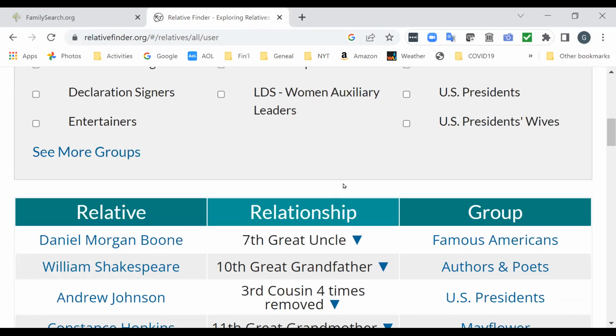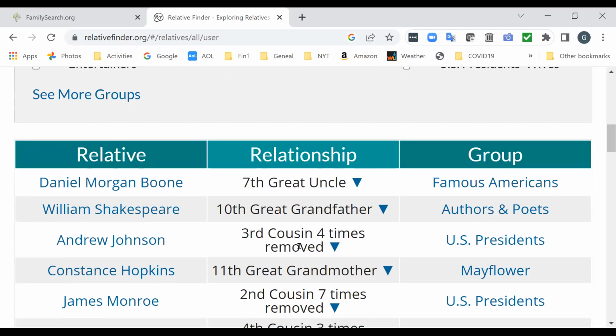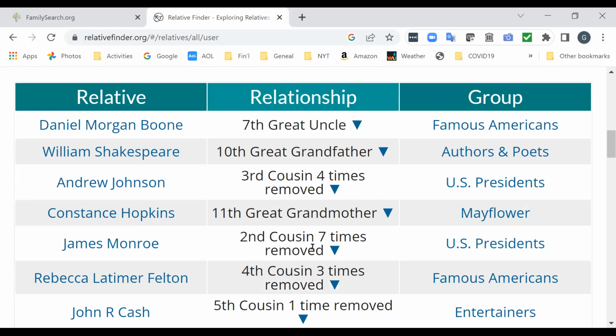Okay. So here is Daniel Boone, 7th great uncle. Remember we talked about he would be an uncle to me. It's just way up in the tree. Andrew Johnson, 3rd cousin, 4 times removed. That means 3rd cousin means belonging to